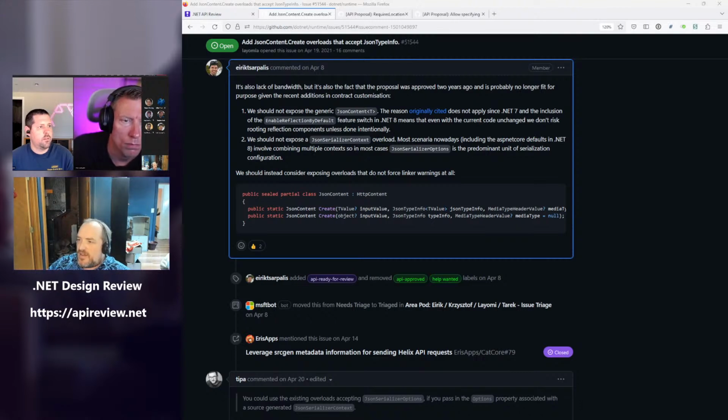Yeah. JSON content. So there's an existing create overload that takes T value, media type header value, JSON serializer options. Okay. Right. So this is inserting JSON type info before all the other optional parameters. Correct. That makes sense.